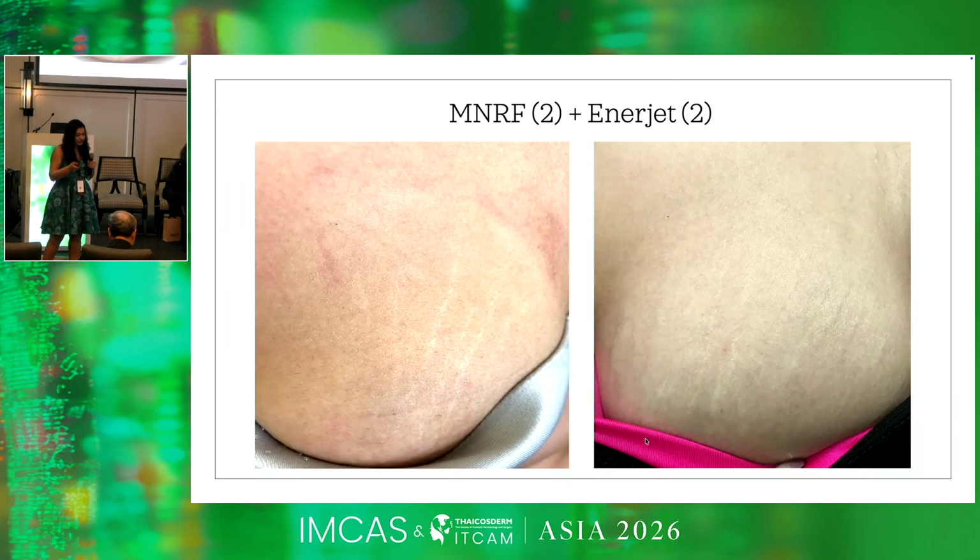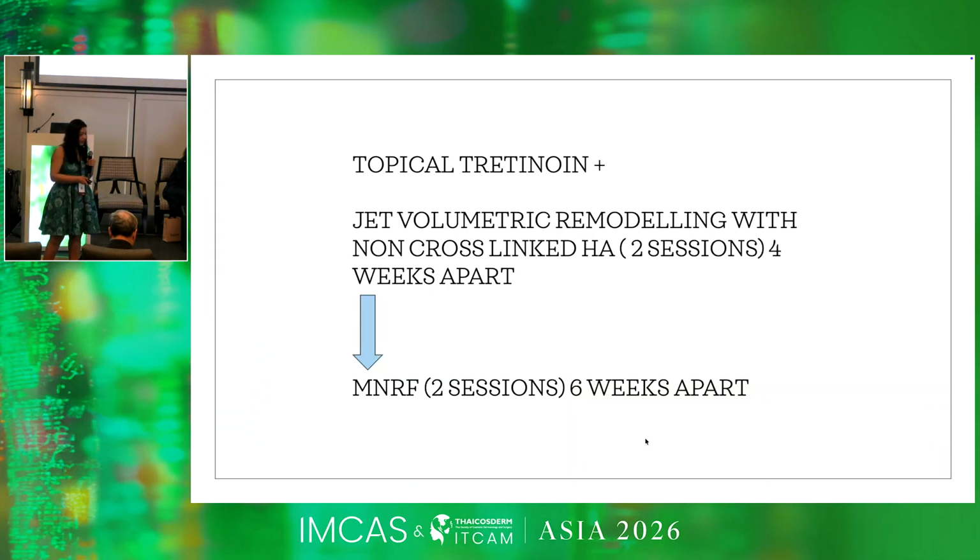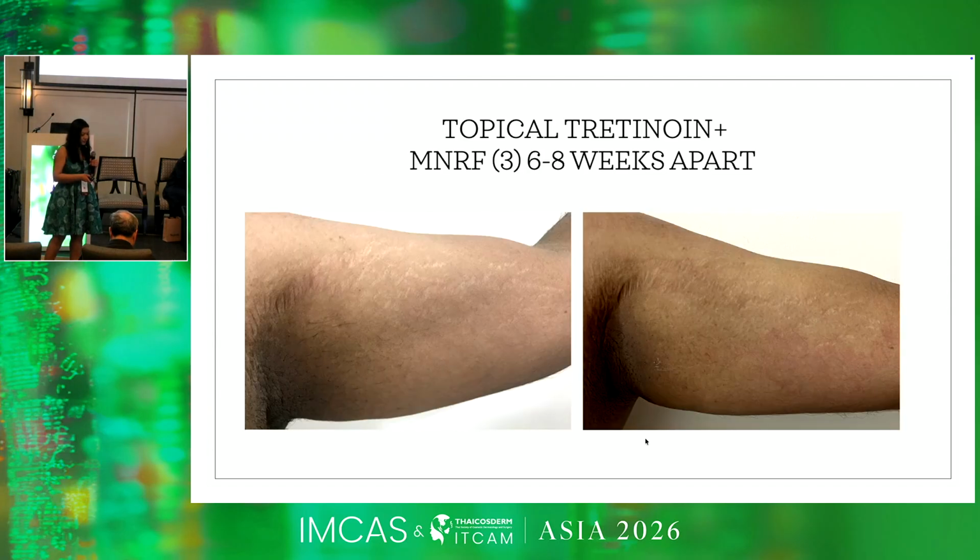Striae, you can treat it. I use jet volumetric remodeling, like Dr. Kim said before. Needle-free injectors are good. I don't have that device, but I tried this. Again, hyaluronic acid causing liquid subcision and 2 sessions of microneedle fractional. Jet volumetric remodeling with non-cross-linked HA, 2 sessions, 4 weeks apart, followed by 2 sessions of microneedling fractional, 6 weeks apart. Striae, we see it, not the most perfect result, I agree, but topical tretinoin and microneedle radiofrequency fractionals,